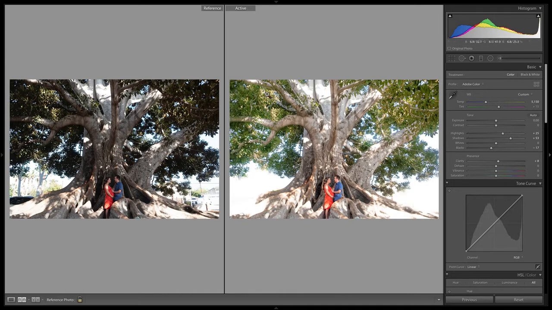But we went to this giant tree, which is a beautiful setting for photos, and we basically love them. And so I edited this photo. And I just wanted to show you how I did a more creative edit for this class using all the techniques we're learning so far. So let's dive into it.